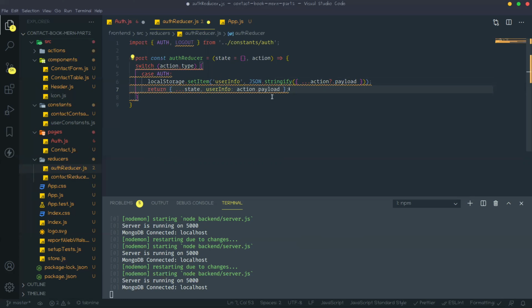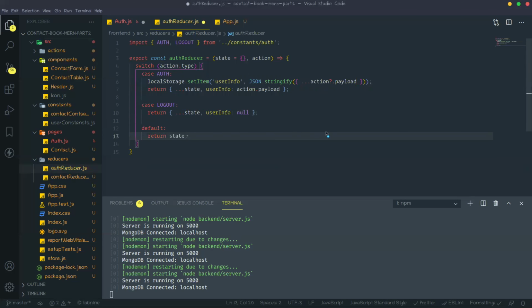Okay, these two things we need to do. First store the info in local storage, and also in the Redux state. Another is, if logout happens, at that time we need to set user info to none, and by default the return should be state. Okay, this is the auth reducer.